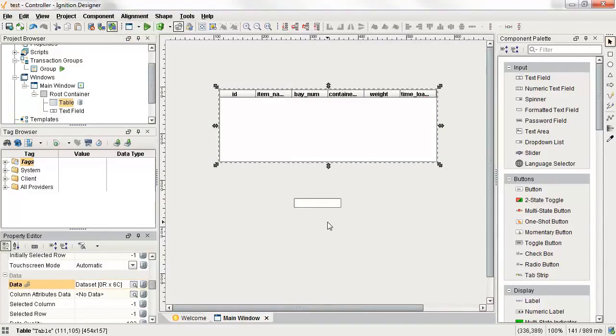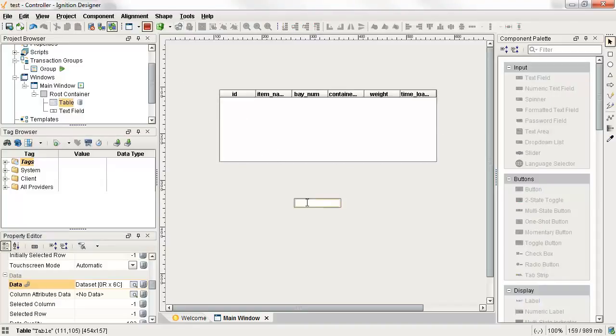My query is currently returning no rows into the table, but it's automatically populated the column names. This is because I don't have any value entered into the text field, so it's not returning anything because my where clause is empty. However, if I put the designer into preview mode and enter in a value into the